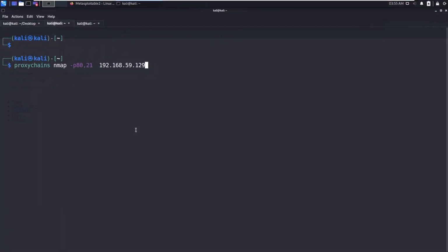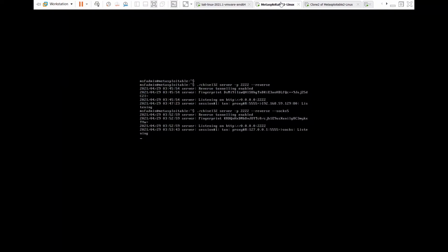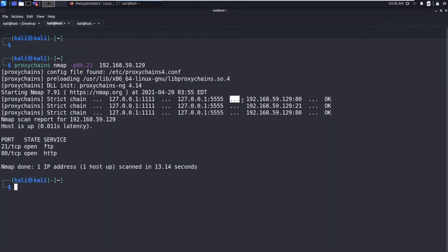Let's check that, and you can see, okay. Here this is our 1111 port, and it is connected to the 5555 on this second box, and the third box will act in the middle here as a SOCKS, and it will forward everything to this port 80. So you can see we have successfully scanned the boxes.